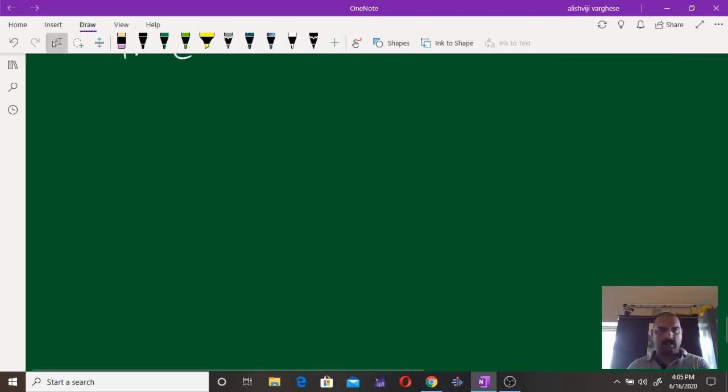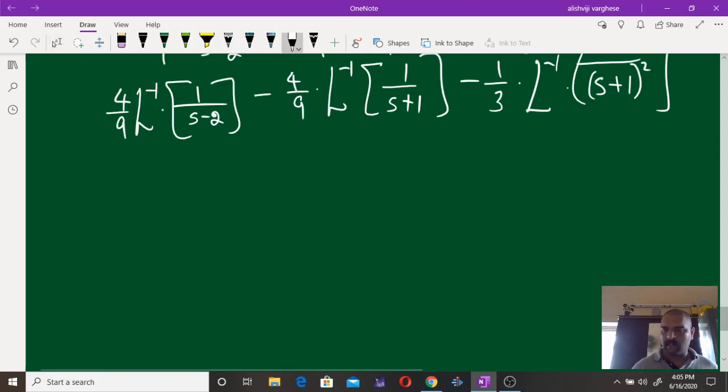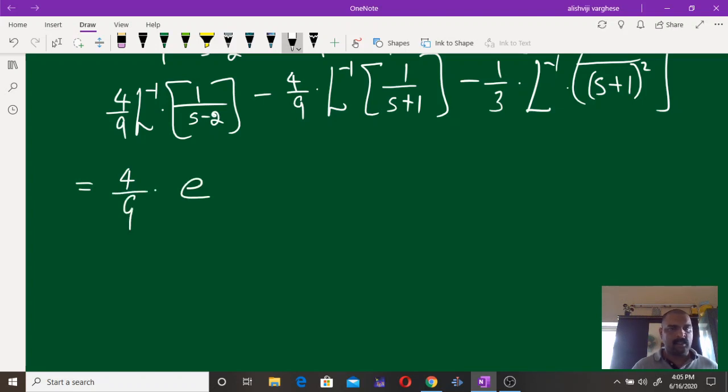Taking inverse Laplace transforms, we have 4 by 9 into e raised to 2t, minus 4 by 9 into e raised to minus t, minus 1 by 3 into,